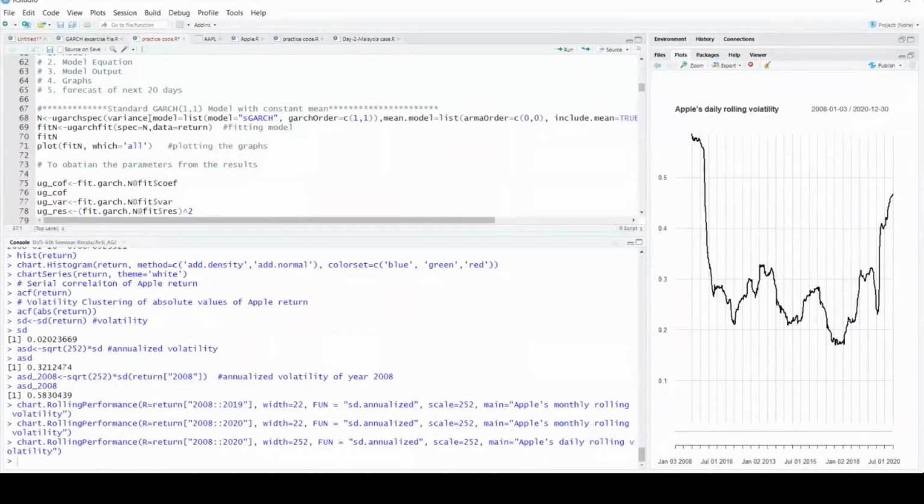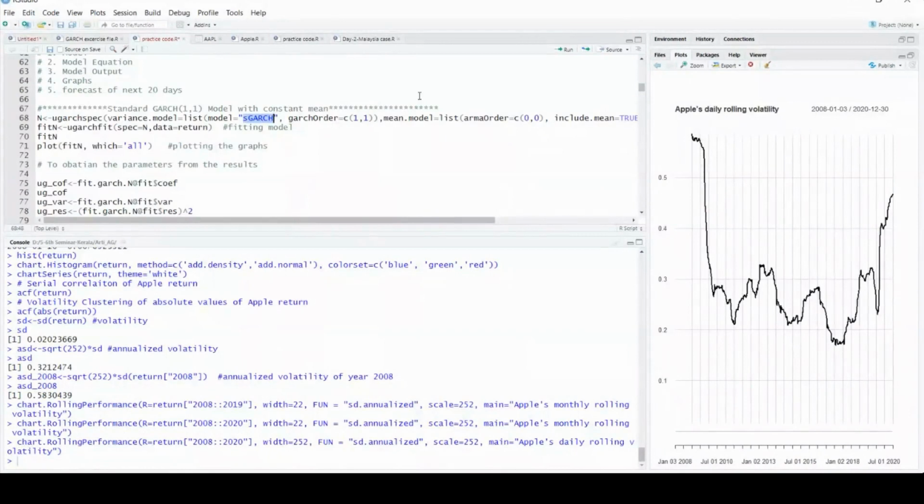sGARCH denotes the standard GARCH. I'm using the standard GARCH model, and then we have a GARCH order which is 1,1. We are using only one lag of the volatility and one lag for the error term.